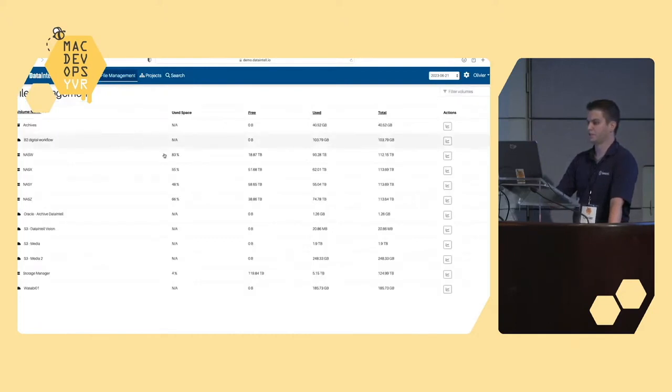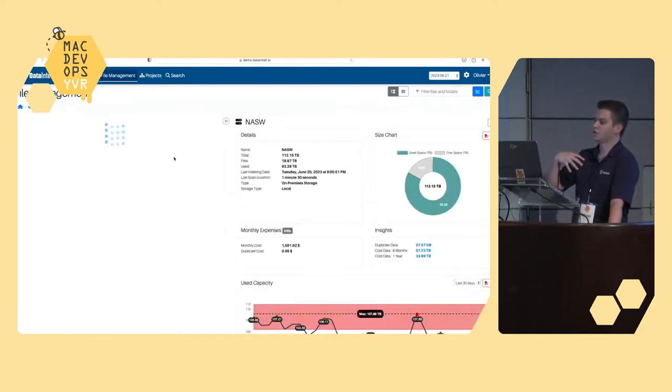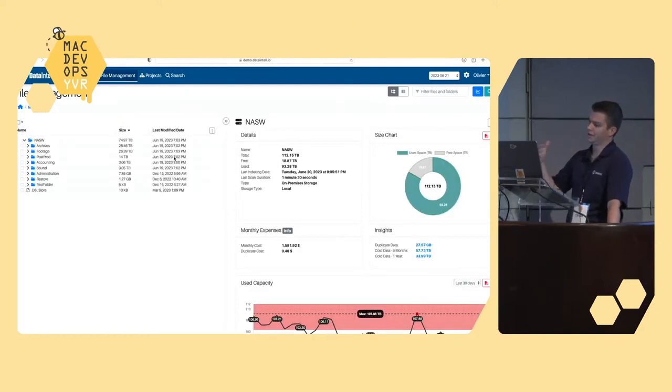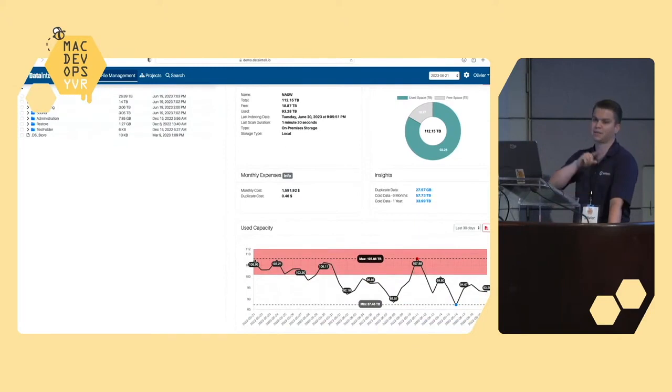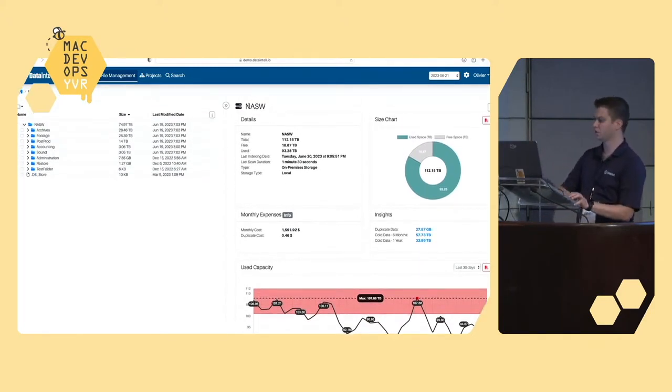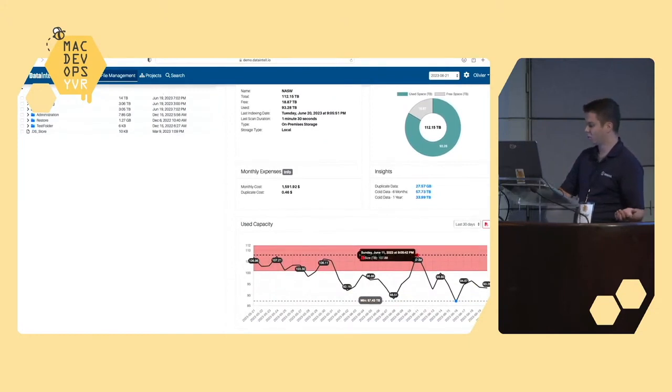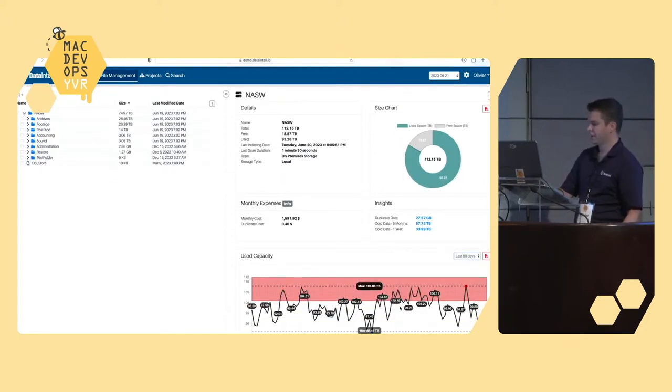If I look at a specific storage, there are always two ways to look at analytics about storage. There's the simple way where you can look at charts and what's happening in the infrastructure. So I can tell you that on this specific storage, data is growing and reducing across time, and I can give you the low peak and high peak of usage.